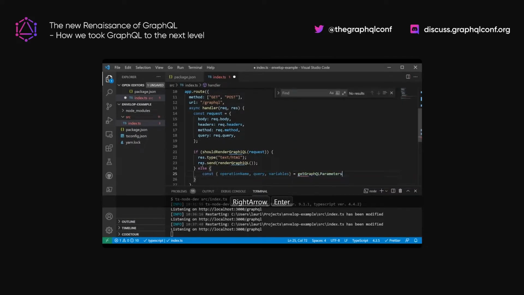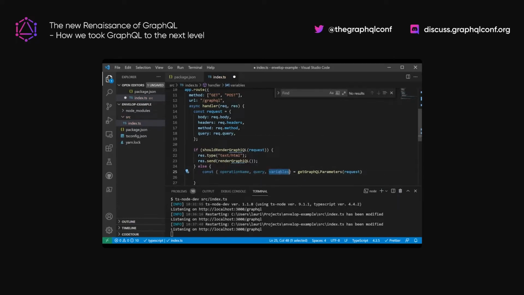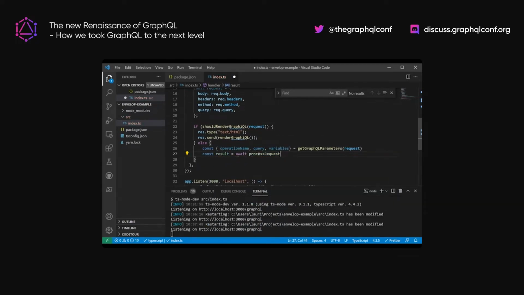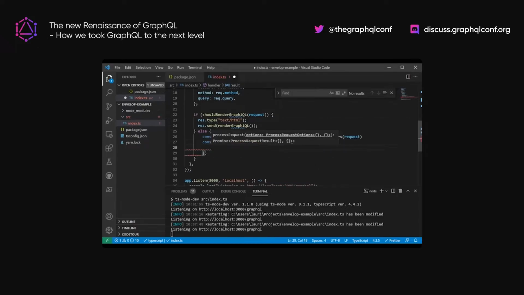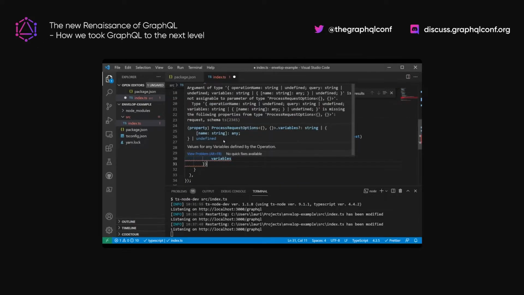So here, we're going to get the GraphQL parameters from the request. And again, this is something that GraphQL Helix just provides us with. So we're just using regular Fastify and just getting helper functions from GraphQL Helix. It still brings us the full flexibility and power, but the one-time setup is still very easy, and we're not bound to any framework, and we can update and change and learn nothing new, just the regular, let's say, Fastify or Express or Cloud Functions or whatever.